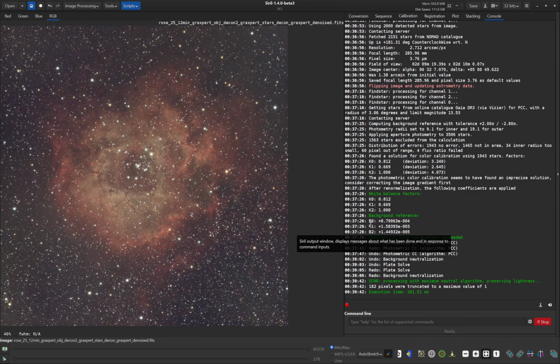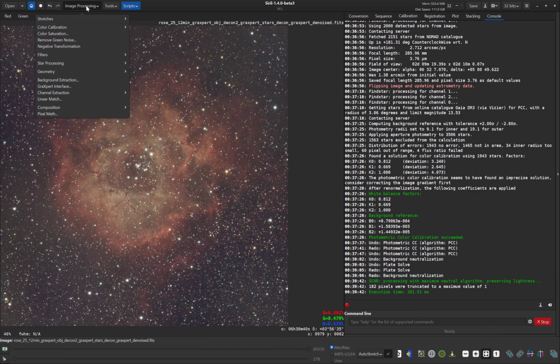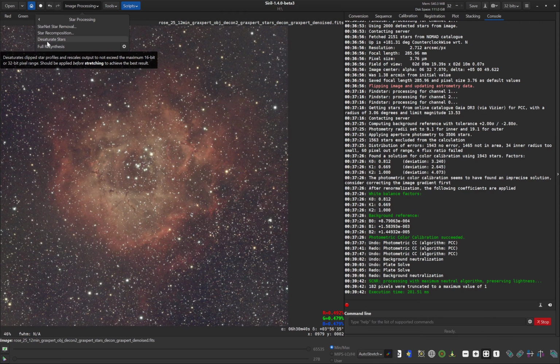And I'm going to actually color calibrate it again, as you'll see. But before I do that, I'm going to remove the stars. So I'm going to do star processing. I'm going to do desaturate stars. Now, for some reason,